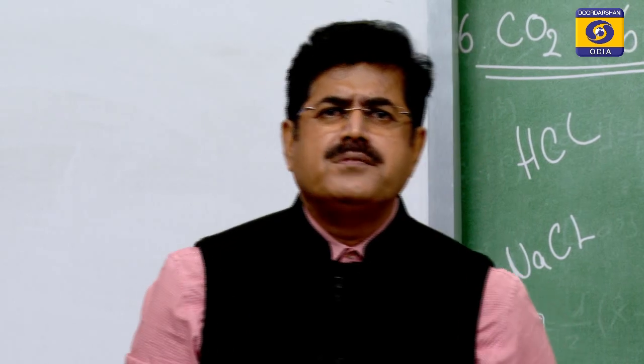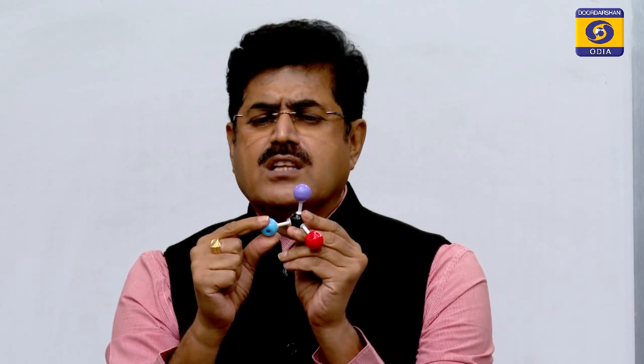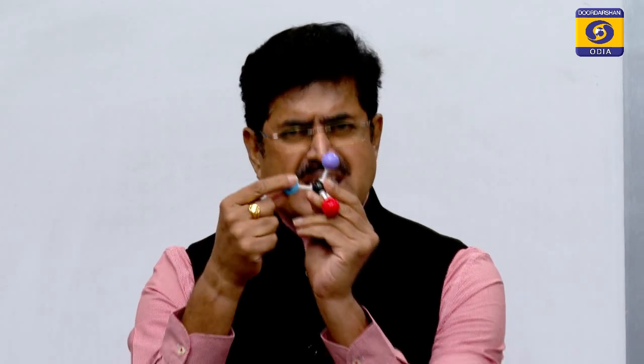Now, the nucleophile will attack the carbon atom at 107° angle to the carbon oxygen double bond. This is the nucleophile here. When the nucleophile attacks, it is converted into the tetrahedral alkoxide intermediate. You see, this is tetrahedral now. This is the nucleophile, this is the alkyl group, this is hydrogen and this is the oxygen with the minus ion, the oxide ion, meaning negative charge. So, this is the tetrahedral alkoxide ion.